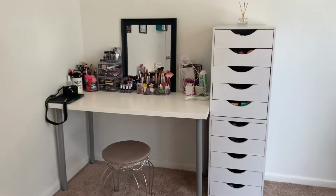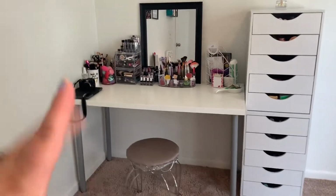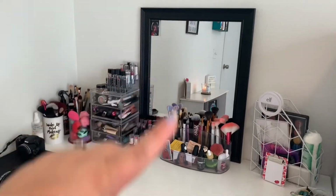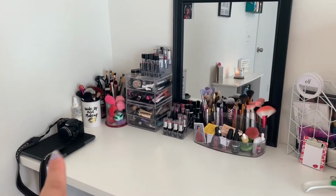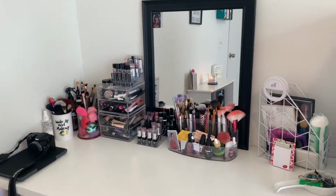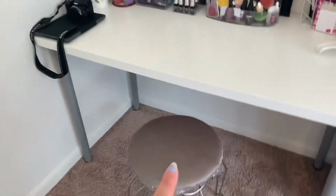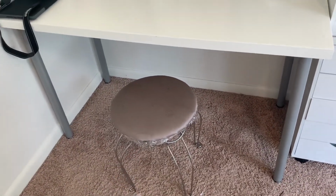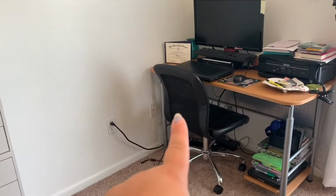So yeah, this is the vanity. As you guys can see, I already did a tour on that vanity. So here's the mirror. This mirror I got in Walmart. There's my Mac iPad, my Nikon camera, and this chair I love, which I got at Ross. I really love this chair. It's really cute. So usually I use that one to film on my desk, or I use that one to film. And that one, my husband